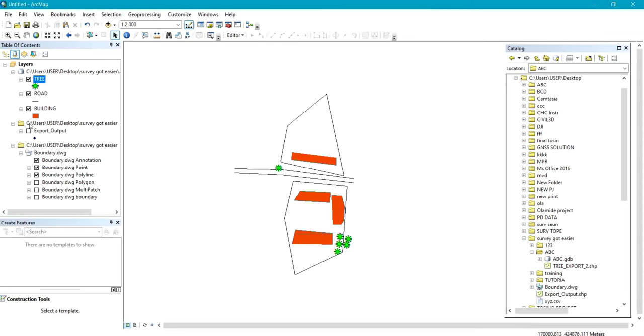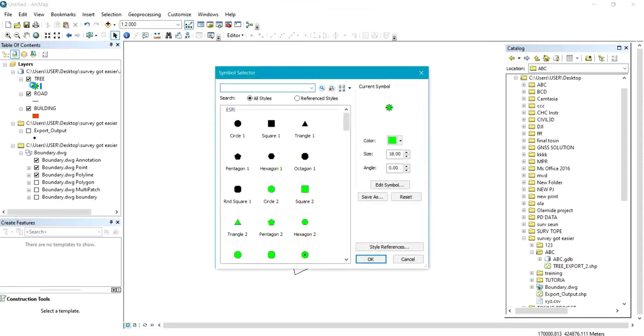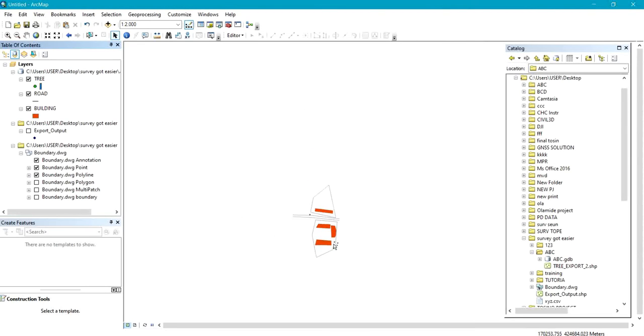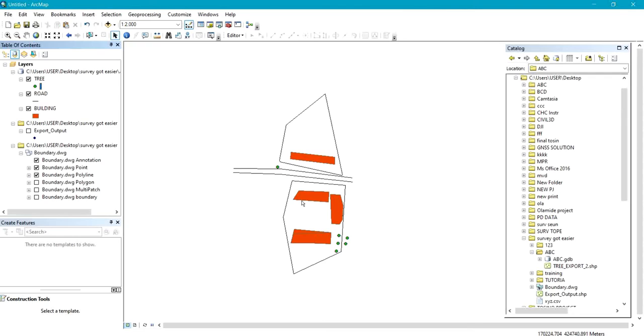And this particular tree now, if you are not satisfied with the size that you're having, you can definitely reduce the size if you feel it's just too big. You can see now the size has been reduced. The next thing for us to do is generate the DEM from point shapefile. Now we'll be generating a DEM